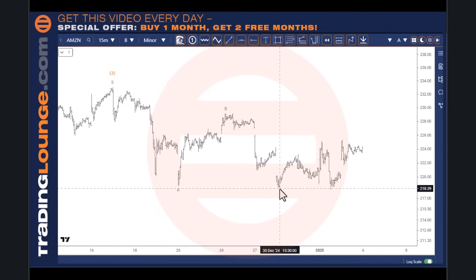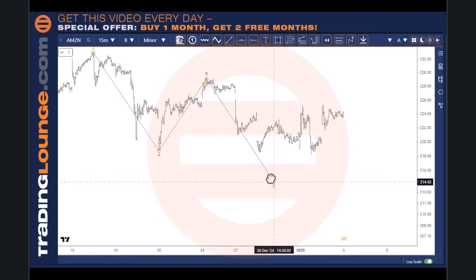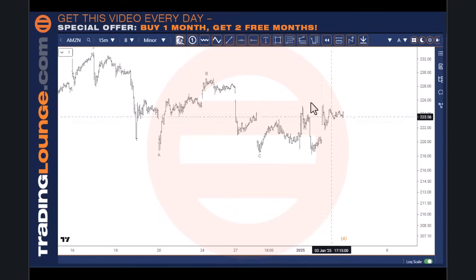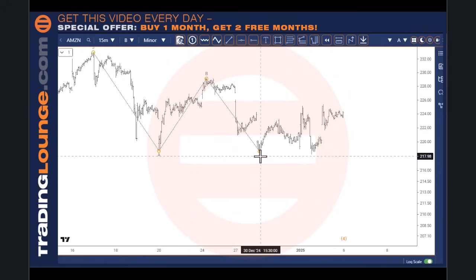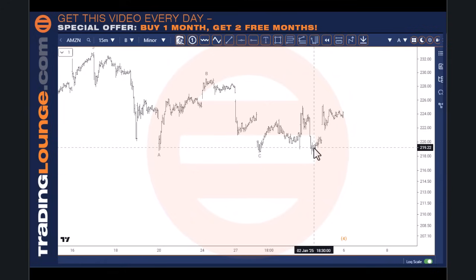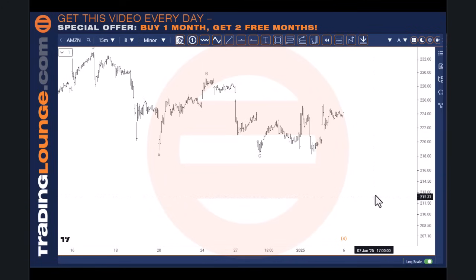So this wave 5 here, this low, I could put wave C here like we have done with the S&P and things. But in this case, this B wave here that we used in the S&P and the NASDAQ is really showing us that, because it made a new low here, to the downside it's just not finished.